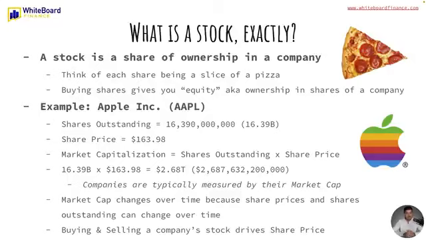So if we take 16.39 billion shares multiplied by $163.98 per share, we get a market cap of 2.68 trillion. You can actually see the full number to the right there. So companies are typically measured and categorized by their market cap. This is why it's so important. Market cap obviously changes over time because share prices and shares outstanding can change over time. So buying and selling a company's stock is what drives the share price. Makes sense? So in order to give you a better understanding, I'm going to go to the iPad here